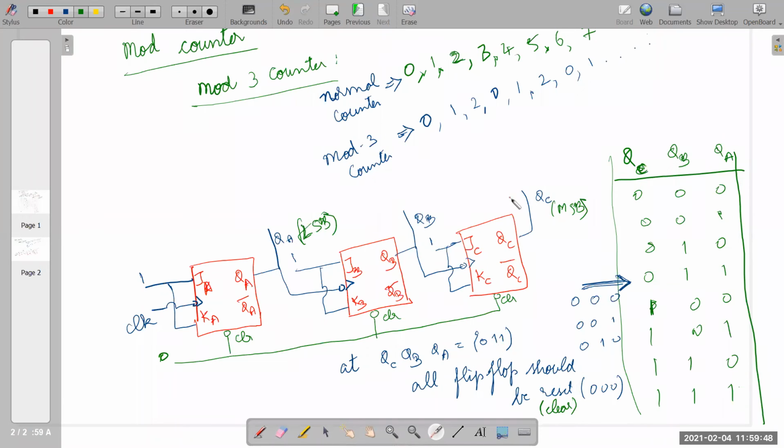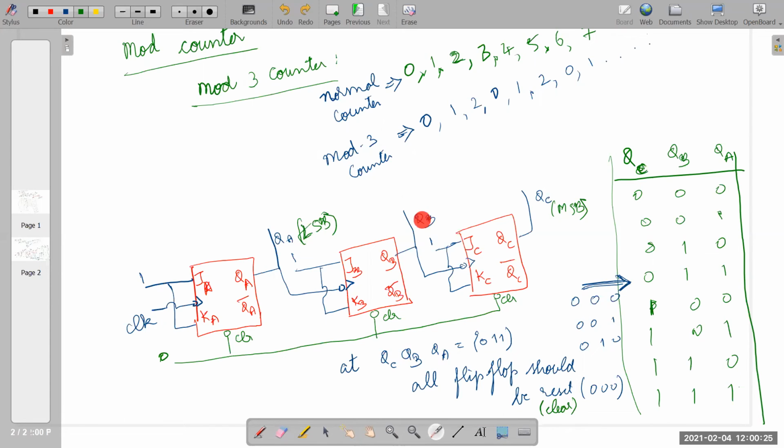Okay, so QA and QB should be 1, 1. Just a minute, I made a mistake. Yes, it's correct.